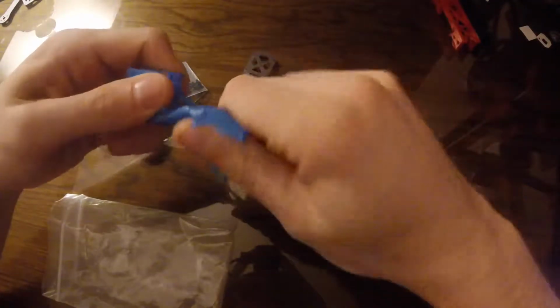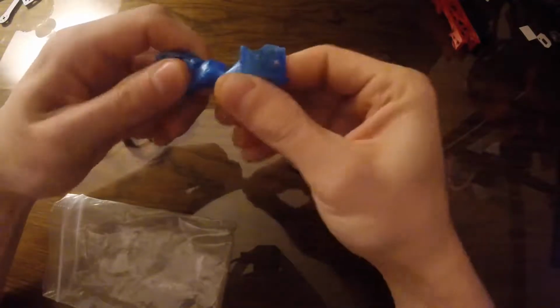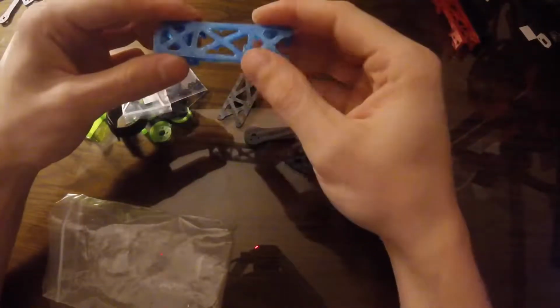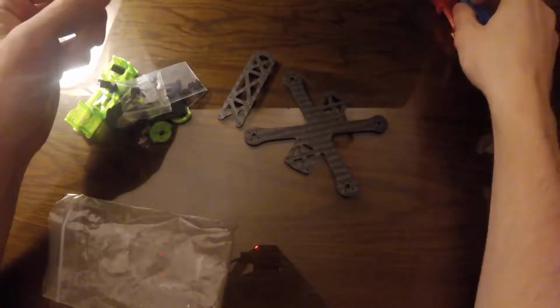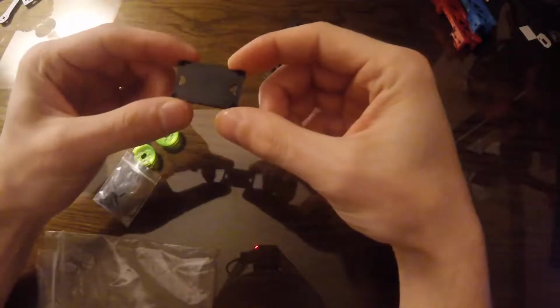Now these are TPU. TPU stands for thermoplastic polyurethane, and they're very flexible, so they don't really break very easily. The only real way I've found to break these was to either cut them or to burn them, to melt them. So these really hold up pretty well. And so you're going to get the carbon fiber plates, a flight controller mount,